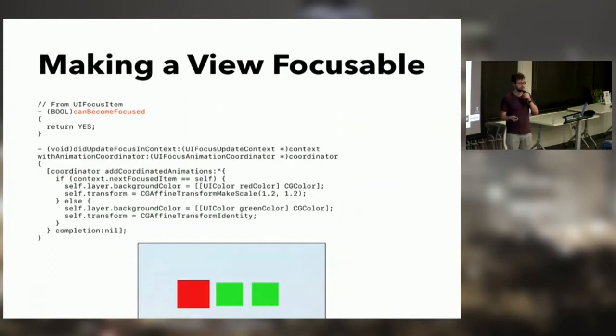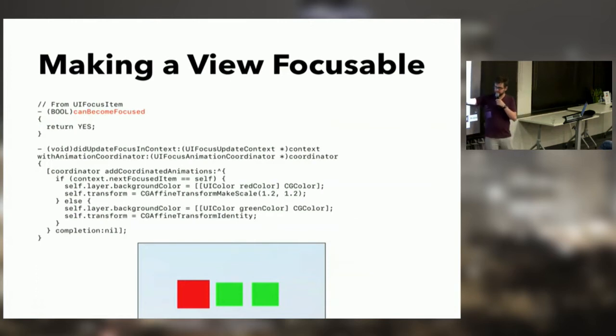Next thing I want to talk about is making a custom view of yours focusable. This is actually pretty simple. I would actually advise folks against doing this because, again, the tvOS components already have really nice visual effects built into them, but this is available if you want to make a custom view focusable. To do that, you just override a method from UIFocusItem, canBecomeFocused. If you return yes from that, the focus system considers your view to be focusable, and it can become the thing that is focused. And in this case, you use the didUpdateFocus(in context:) method from the last slide to detect when focus changes.